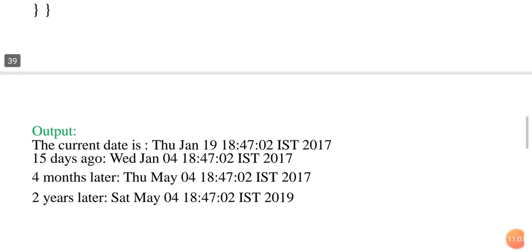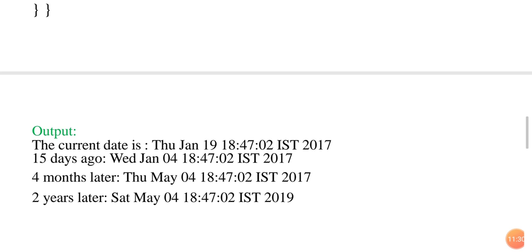So see this one. Current date is January 19th and the time is given there with the time. Thursday, January 19th, 18:47:02 and 2017. So after that, 15 days ago date is January 4th.